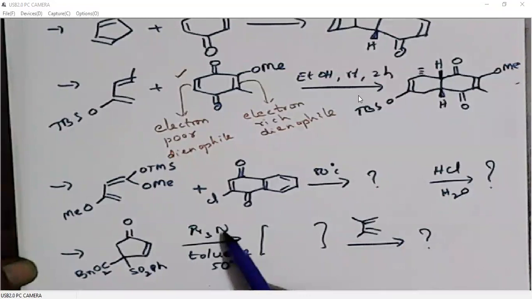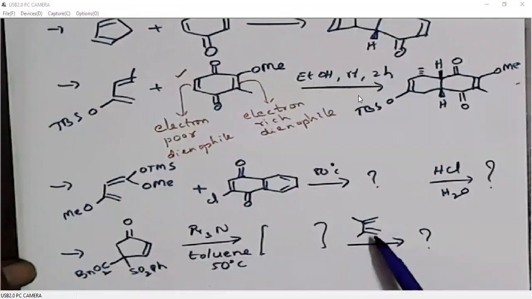Here, when we treat this with base, tripropylamine, the alpha carbon is an SO2Ph carbon, so an anion generates here, which will be polarized towards this. So among this ester group and SO2Ph, you tell me which one will be a good leaving group, so that it generates a double bond. Then we have two different double bonds, unsubstituted, and here we have one more substituent. If one is leaving, another will be. So decide which is electron poor among the two dienophiles. Then react that dienophile with this diene and give the product.